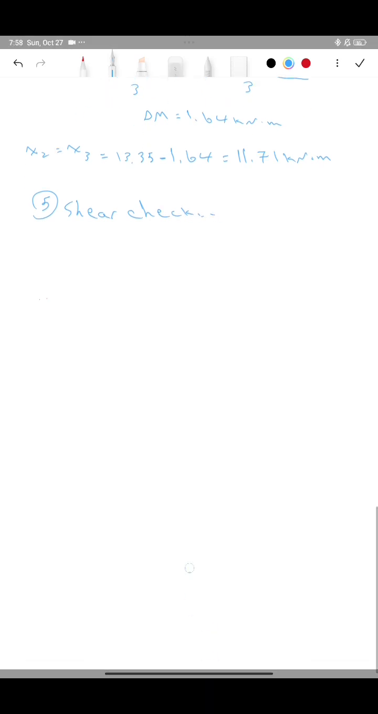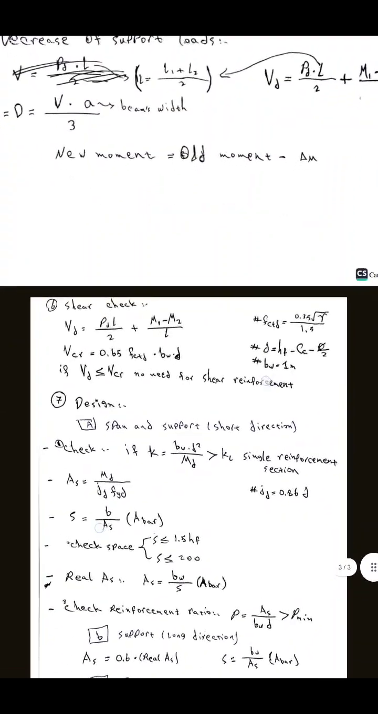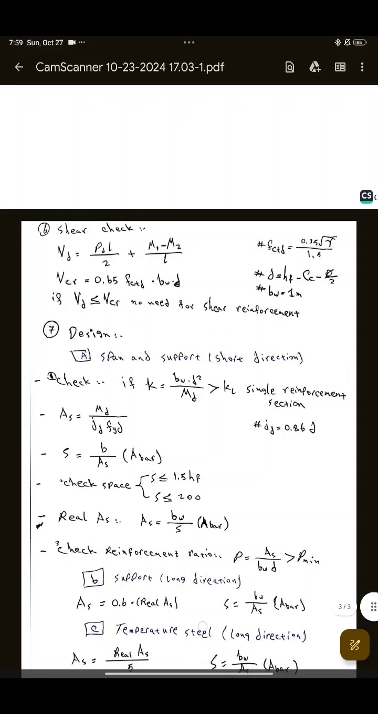Okay, to calculate the shear check, what do we have here? For the shear check, we need to calculate the VD. We already calculated it. We want to compare the VD with the VCR, V critical. So if the VCR is bigger than the VD, there is no need for shear reinforcement. How to calculate the VCR? As we see the formula here,